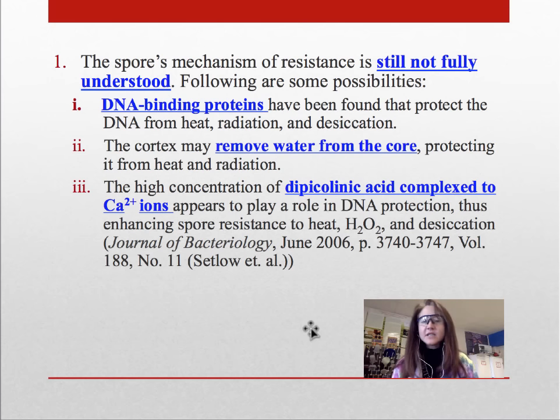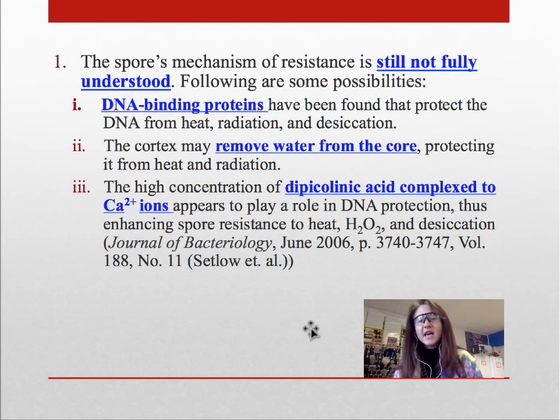Lastly, there's a couple of compounds within the spore that for a long time we didn't quite understand. Dipicolinic acid, complexed to calcium ions, is always rich within an endospore. We know that indicates it must have some sort of function. And very recently, in 2006, the Journal of Bacteriology published a great article showing that it seems that this dipicolinic acid